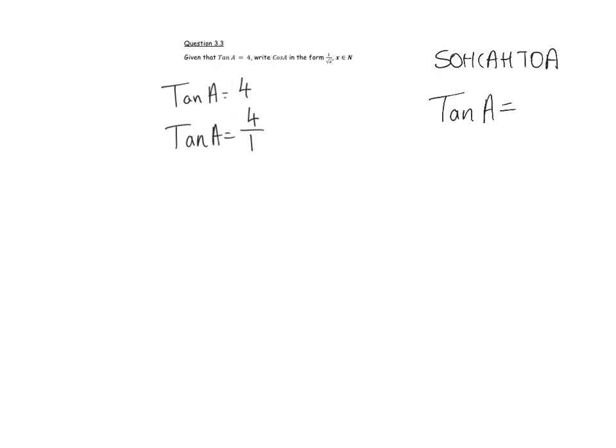Question 3.3 is very similar. So it says, given that tan of a is equal to 4, write cos of a in the form 1 over square root x. So here we have the tan of a is equal to 4. Now, that's the same as writing the tan of a is equal to 4 over 1. So again, we can just write out SOHCAHTOA. And we know that the tan of a is the opposite over the adjacent. So drawing out a triangle for that,